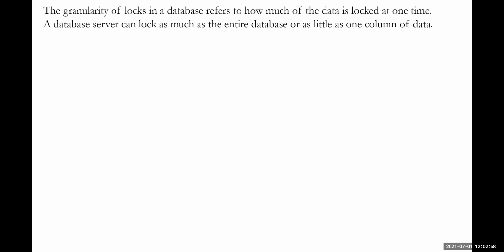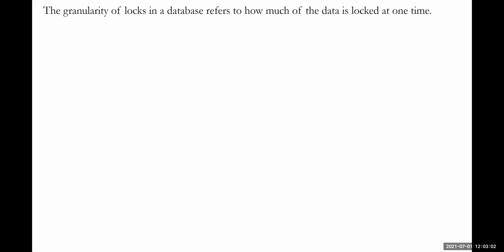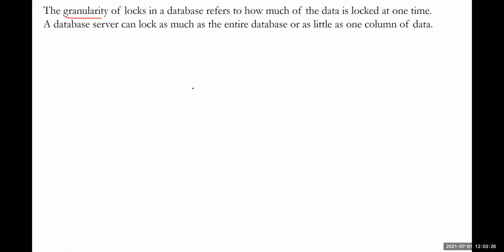Okay, so normally there is a word in databases: granularity. Granularity in the sense of conflict. So how the data has been locked, and how the database acquires the lock and applies the so-called locking mechanism, is called the granularity of that particular lock. Okay. Then the database server is always trying to perform